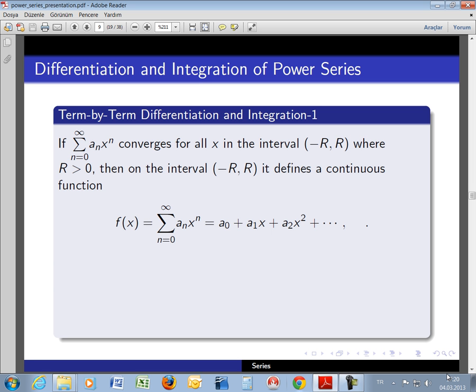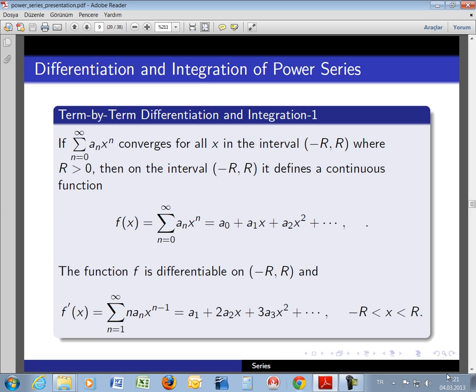In this case, we are saying that if we have a power series, the sum from 0 to infinity of a_n x to the power n, which converges for every x in the open interval (-r, r), then the important part maybe is here: this power series defines a function on the interval (-r, r), or f of x equals this power series for every x in the interval (-r, r),